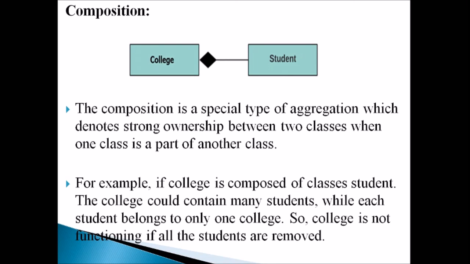Okay. So these are the relationships of the UML class diagram. In this class we have discussed what a UML diagram is, how we have to draw the UML diagram, what compartments should be given in the UML diagram, all these things. And also we have seen some of the advantages and disadvantages of the UML class diagram and also the relationships of the UML class diagram.